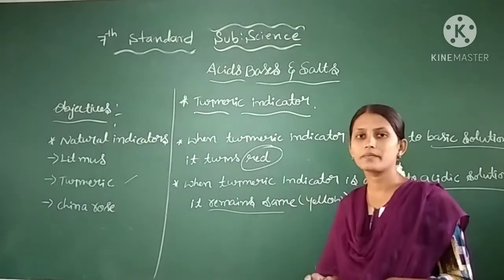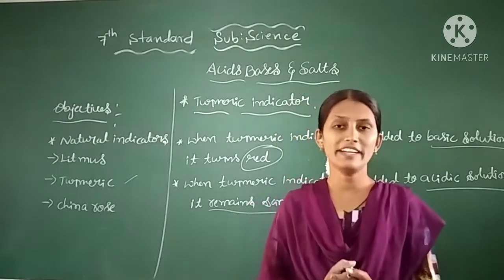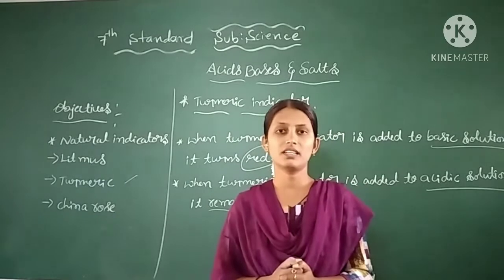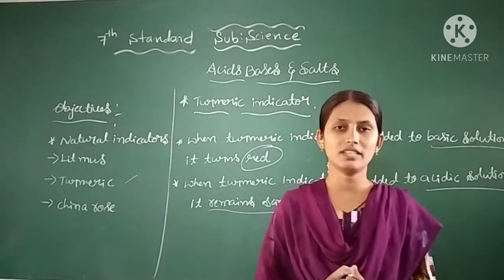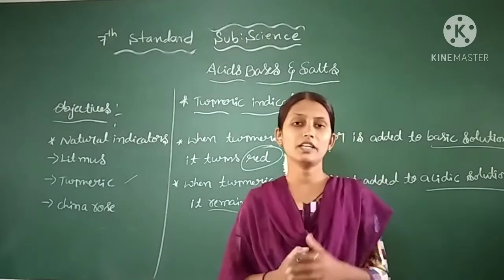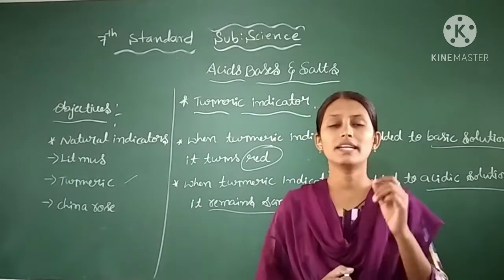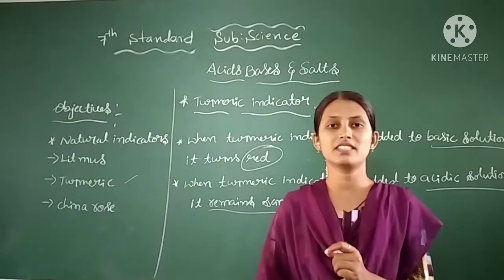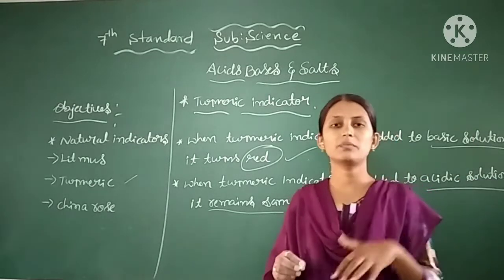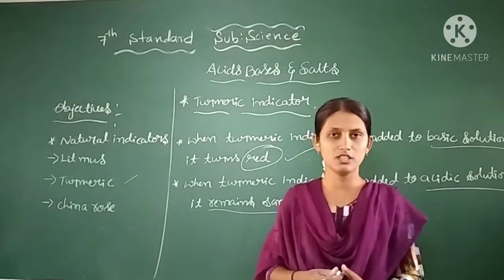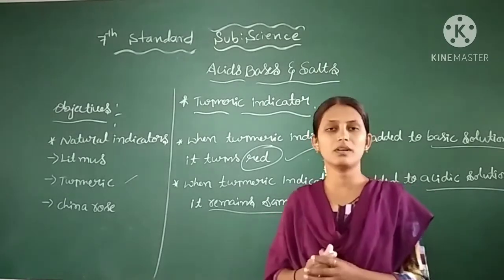They will remain the same. As the best example, you have experienced that when a turmeric stain on a white shirt is washed with soap solution, it turns red. So do you know why it turns red? Here to wash we are using soap. As we know, soap is an example of a base. So when turmeric indicator reacts with bases, of course it turns red. Because of this, the turmeric stain on the white shirt turns red when you wash with the soap solution. Here soap is one of the bases.